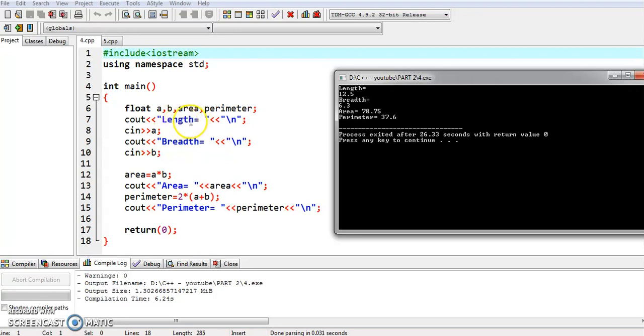Cout length equal to is printed in the runtime window. The value of A is assigned as the length of the rectangle. For the length of the rectangle I give 12.5, and it is inputted into the variable A using the cin instruction. Now cout breadth equal to is printed here. To go to the next line, use backslash n. So it is going to the next line, and the breadth is